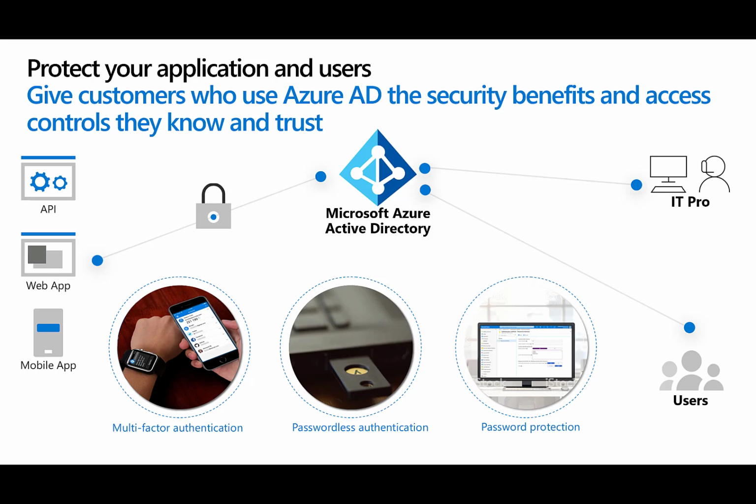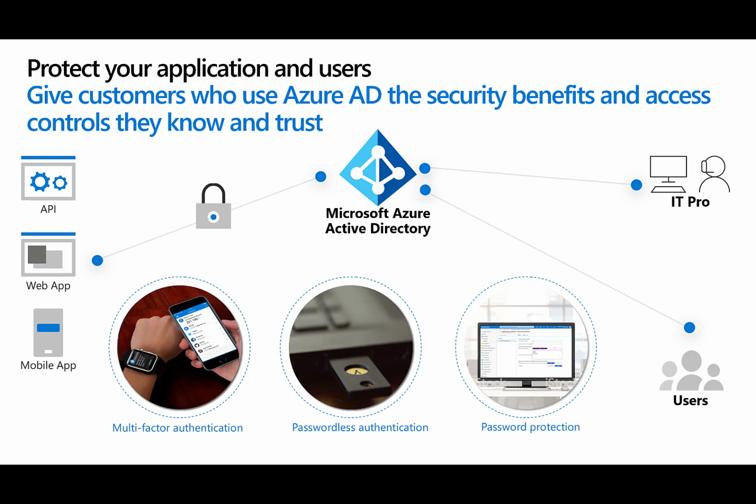Secondly, they can use passwordless authentication. Passwords are your biggest vulnerability, partly because they are the target of most attacks we see today. 81% of all attacks were the result of weak or compromised credentials. But there is hope. Your customers can utilize passwordless using Windows Hello, part of Windows 10, using biometrics such as